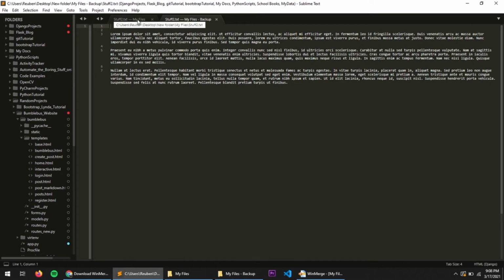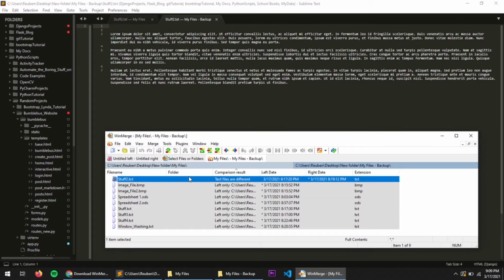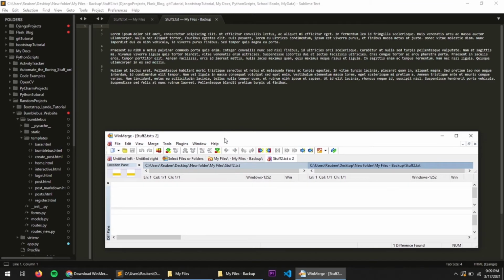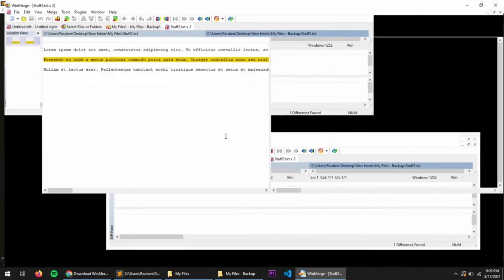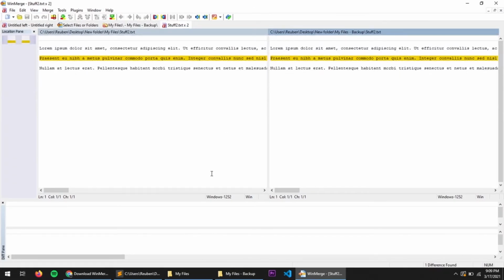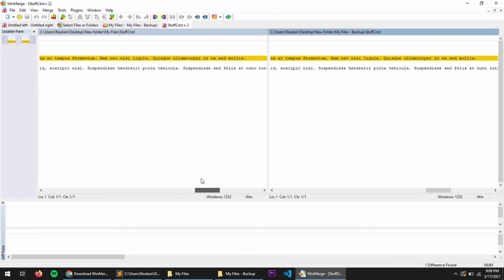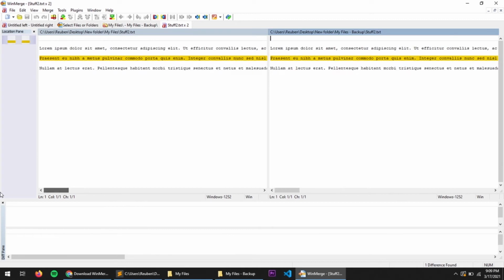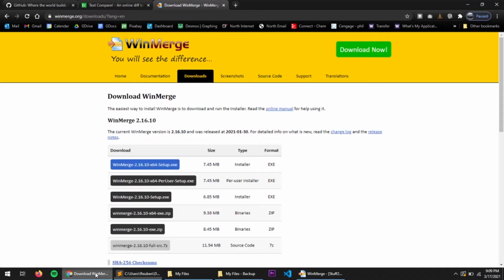Now you might have seen the difference, but it may not be exactly clear. From here we have two options. We can simply click on the file name, and WinMerge will show us the contents of the files, and it'll show us the difference. Even then, we have a really long line to compare. So, in this case, what I would do is open